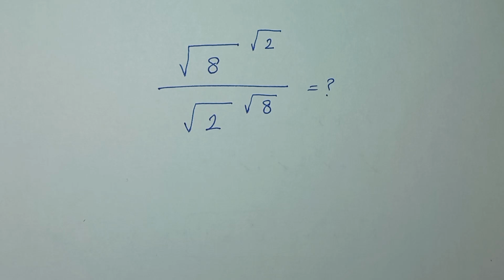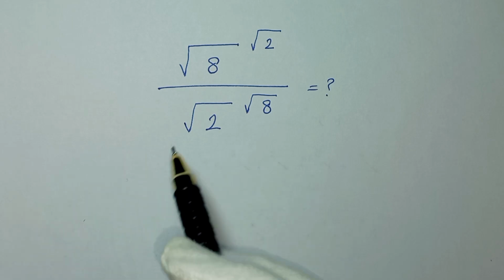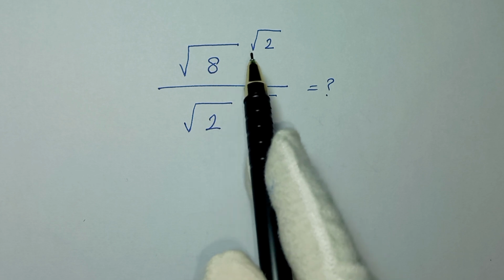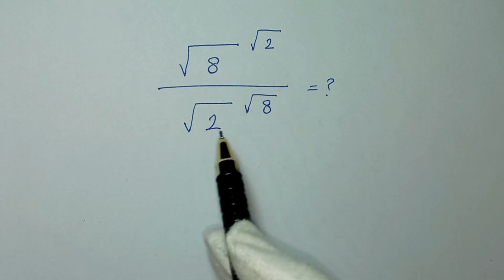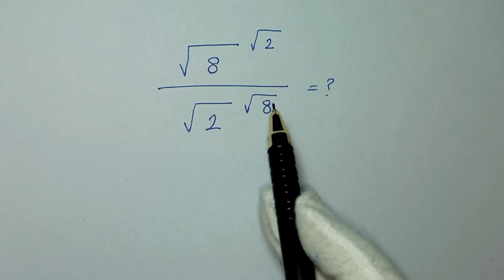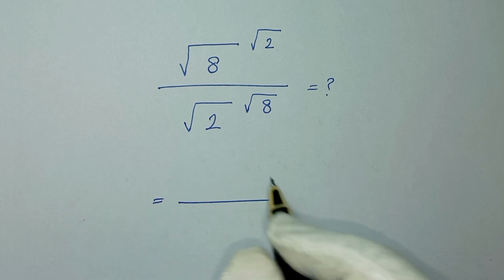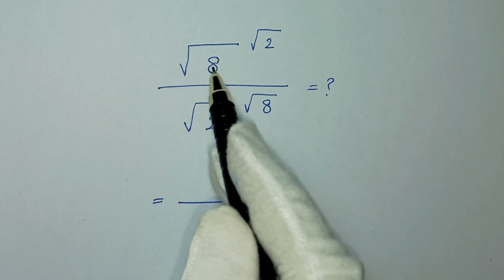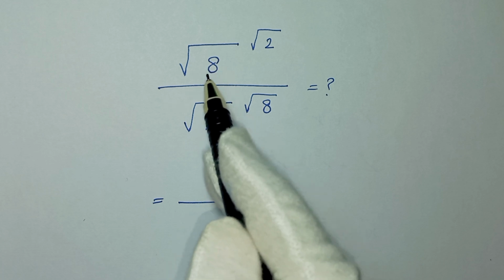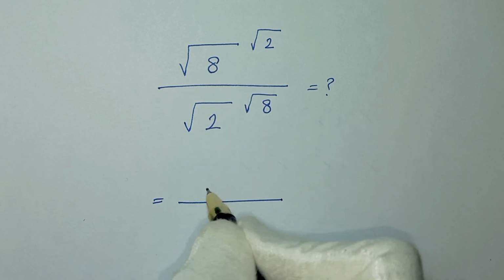Hello my friends, you're welcome to solve this math problem, which is square root of 8 to the power of square root of 2, over square root of 2 to the power of square root of 8. In the first step, this square root of 8 is 2 to the power of 3. So it will be